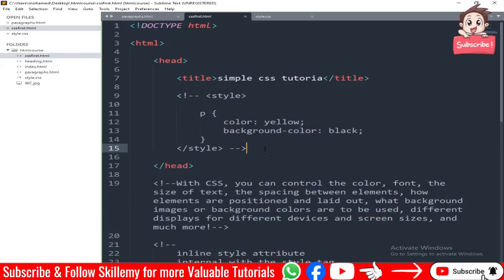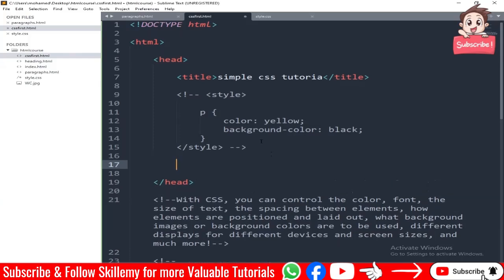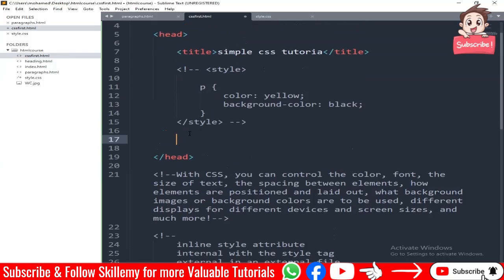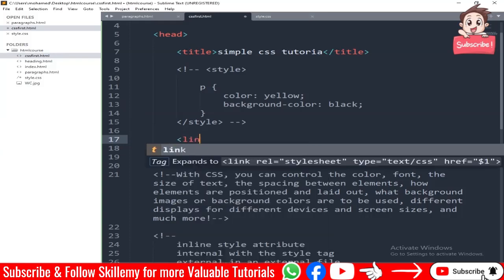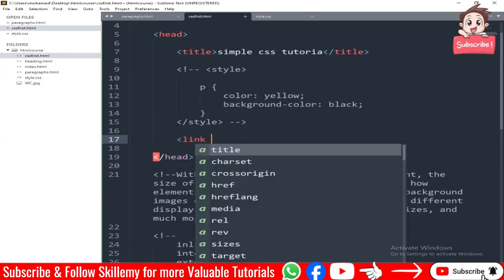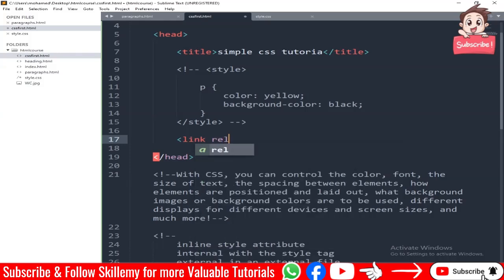So how do we do this? As I said in the first couple of videos, the CSS files we need to link will go right here in the head tag. So how do we basically do this? We're just going to open our tag right here, write link, and this is the tag. And we need our property, which is going to be rel, which is relation, and the relation is stylesheet,